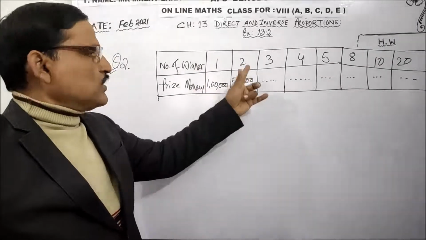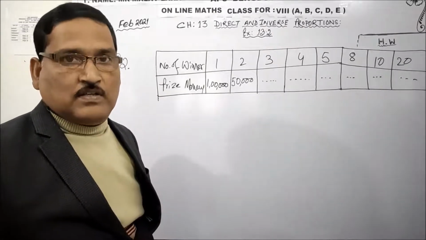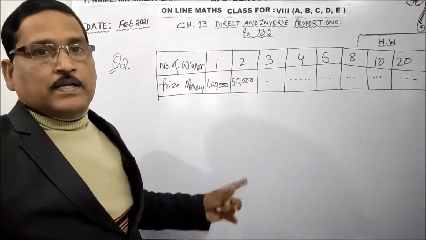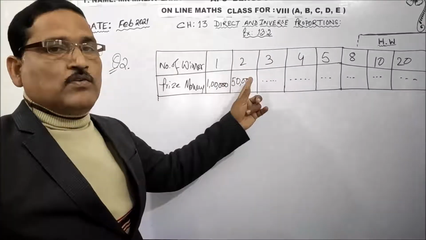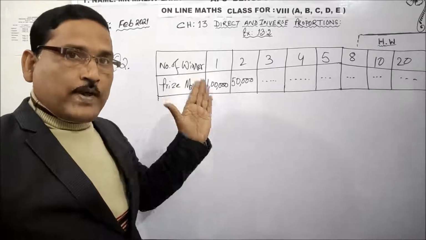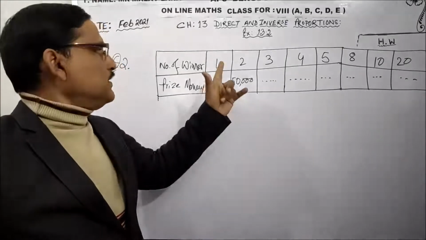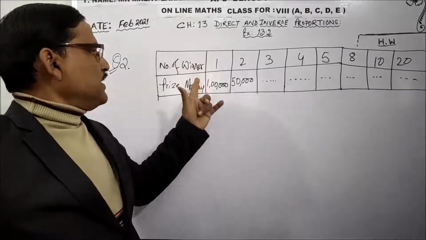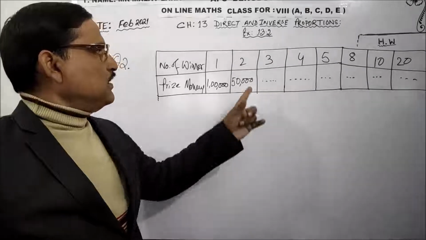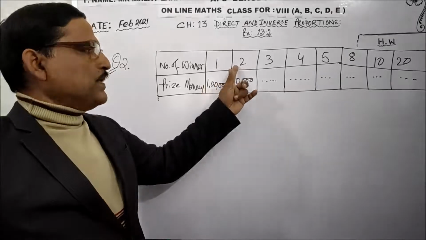So in these 4 boxes, I have come to know that the quantities are varying inversely to each other. Or if I tell you at the beginning that the winner number and prize money vary inversely, then the second number is not required. From here only, fill in the blanks may be started. And where it is given that you have to first decide whether these two boxes, winner number and money, vary directly or inversely, after that you start your solving. Then you need only 2 boxes. So 1%, 1 lakh, 2%, 50,000.